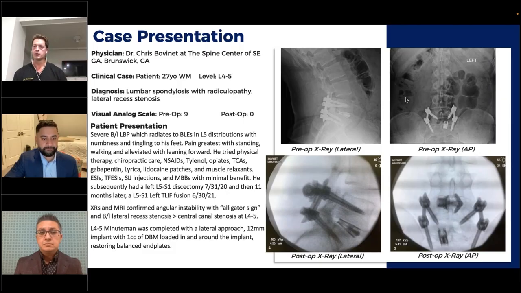If we look at the predicate data from other devices, there was a 46% opening in the cross-sectional area of our lateral recess and neuroforamen, versus only about 11% improvement in the cross-sectional area of our central canal. So these devices do wonderfully for those with neuroforaminal and lateral recess stenosis. And honestly, those levels are usually more easily identified because they'll have a more discrete radicular pattern, as opposed to a vague, my-whole-leg kind of presentation.